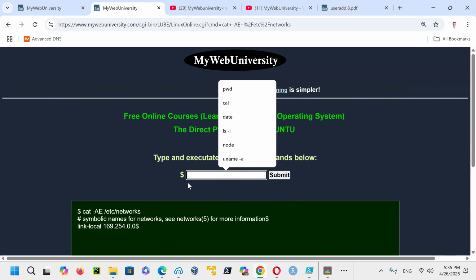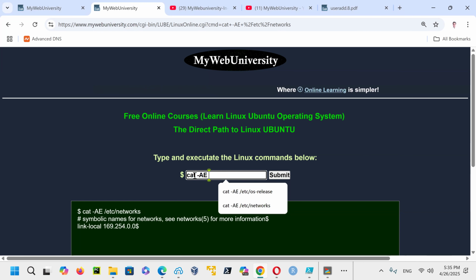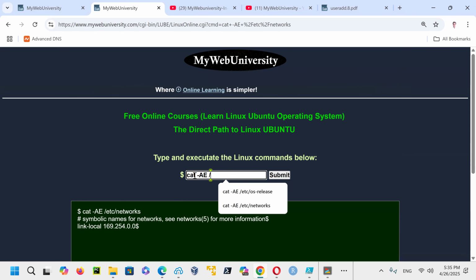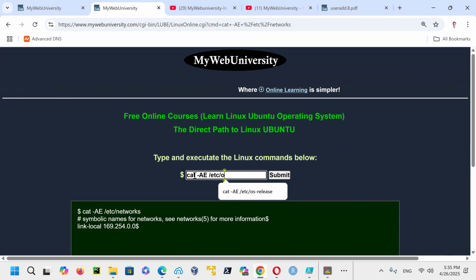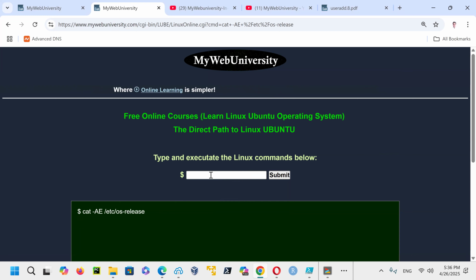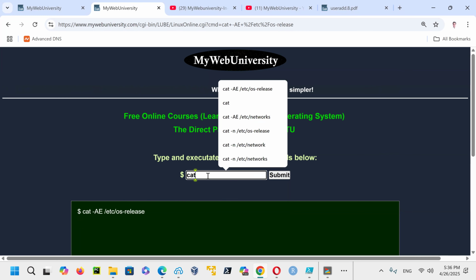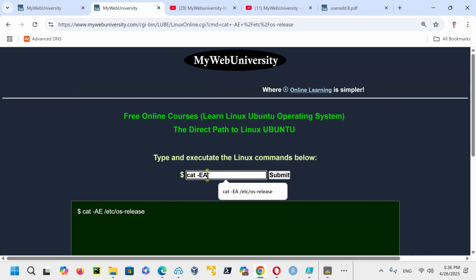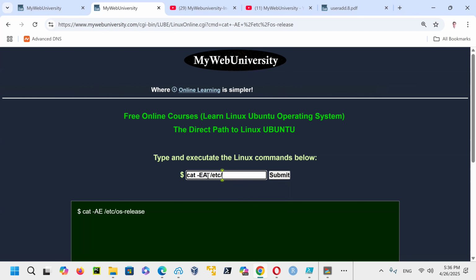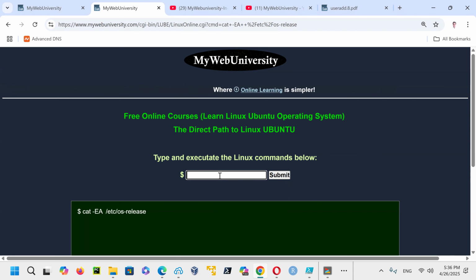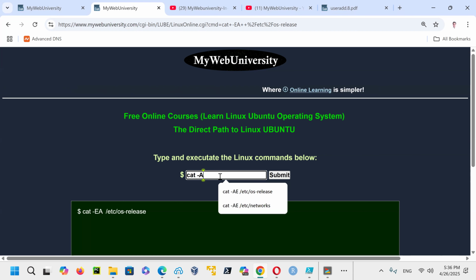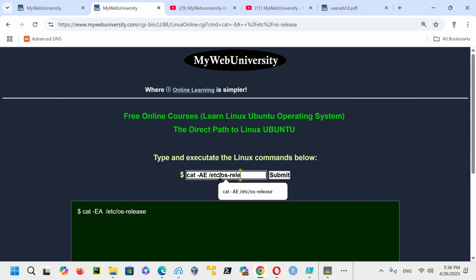So for the cat minus AE slash etc slash os-release is not working. But however, for cat minus EA etc networks, etc os-release, it is working, right? Let's see, EA, cat minus AE slash etc slash os-release.